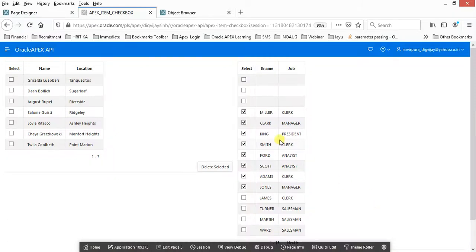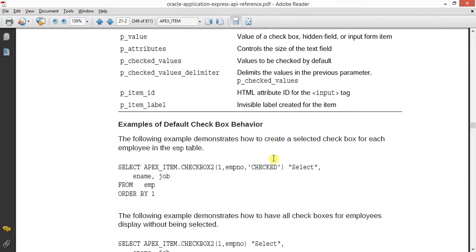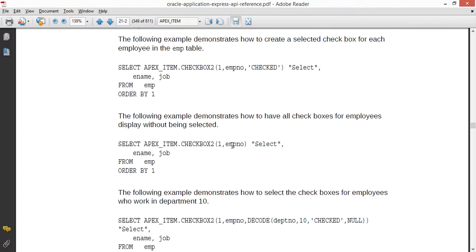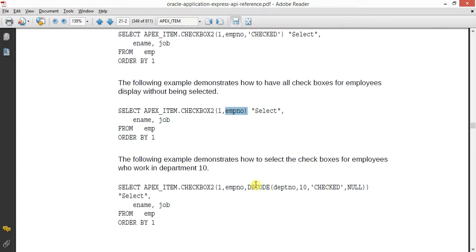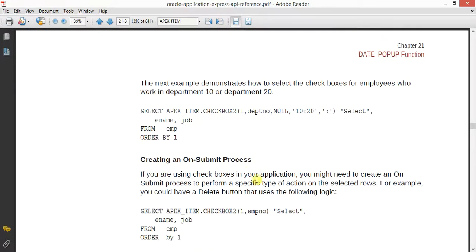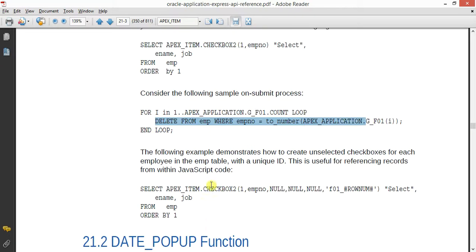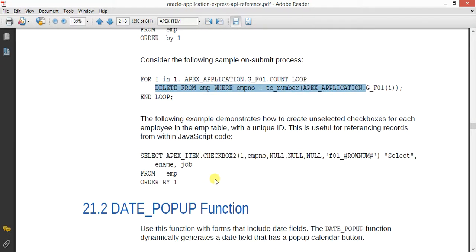So we are getting a result like this. All the records whose department number is 10 or 20 will be selected, so you can also work like this. As you can see, there are two examples given, this one and this one. I have already shown you how to delete those items which have been selected by the user, and on submit you can apply the delete operation also, right?